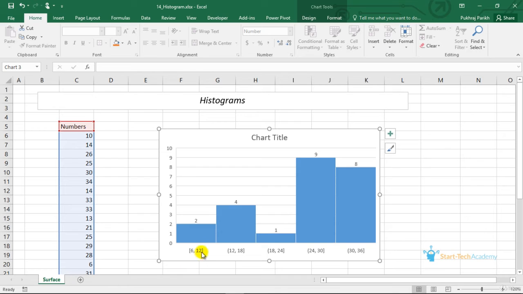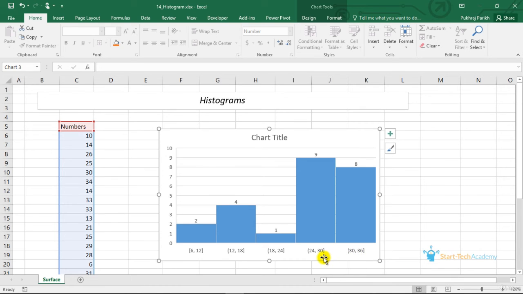So basically the classes are on the horizontal axis and the height of the bar is giving you the frequency in each class. One small but important thing to note here is that Excel is using these curved and square brackets to indicate which number is included and which is not.